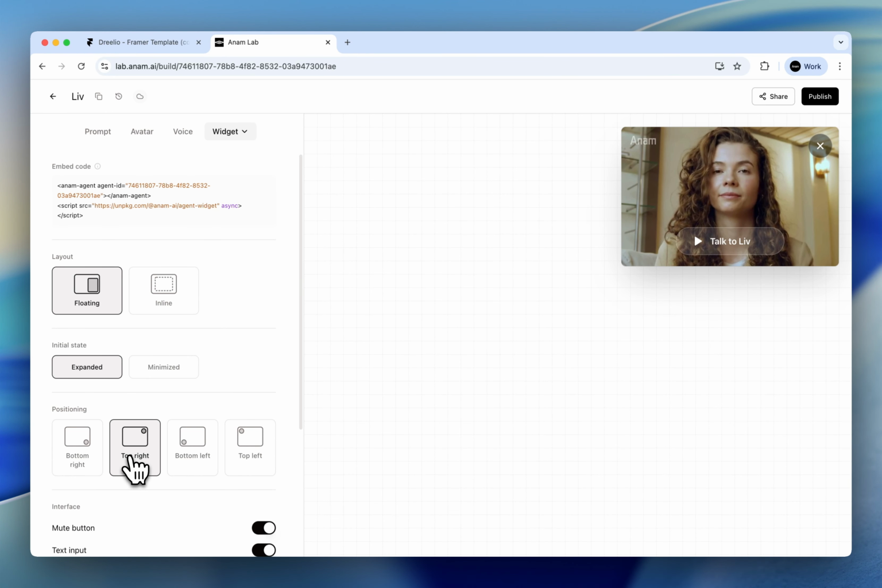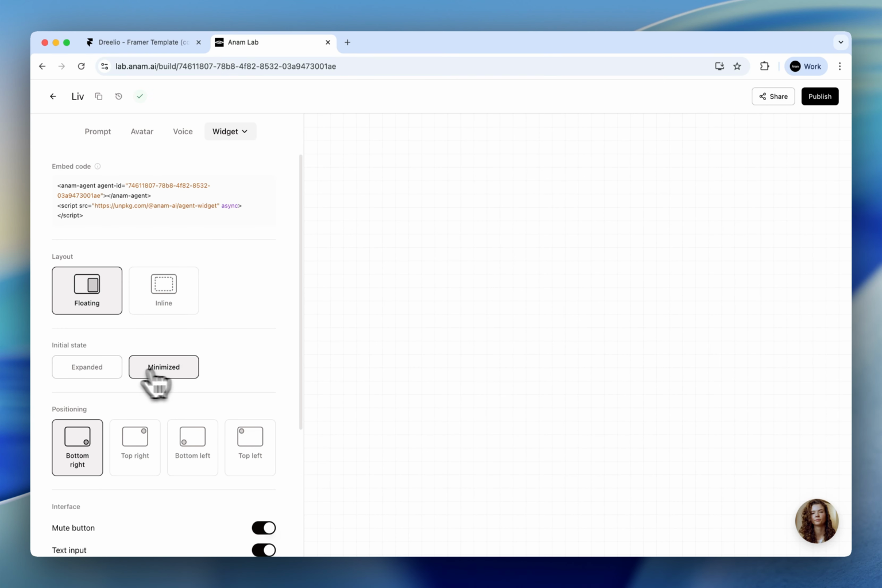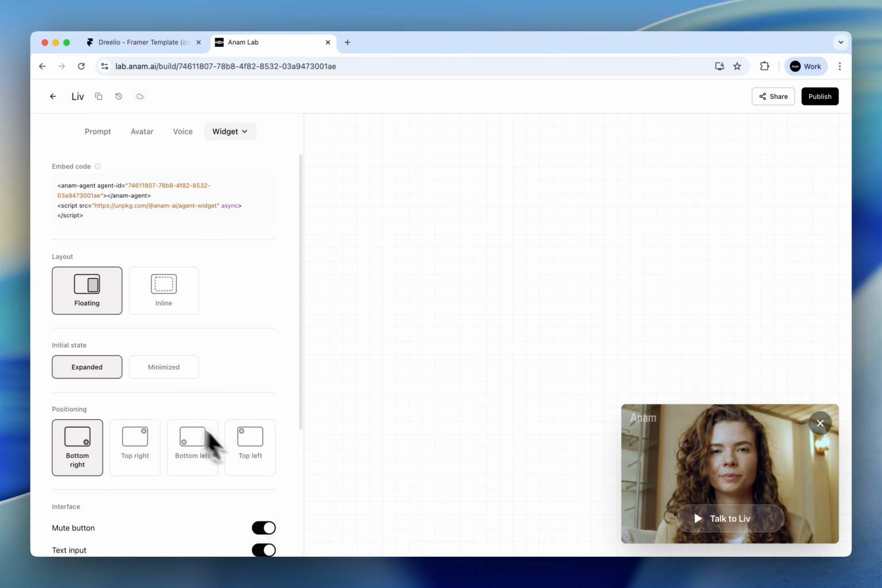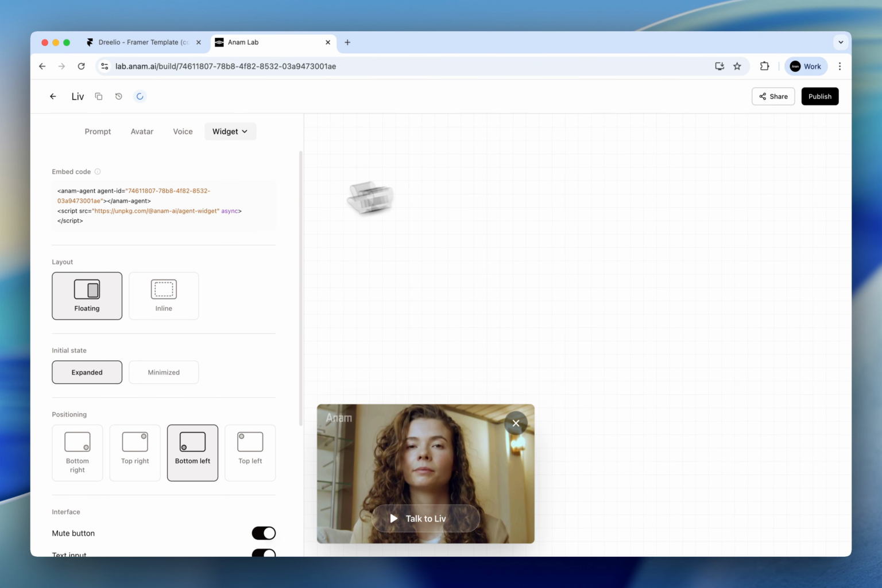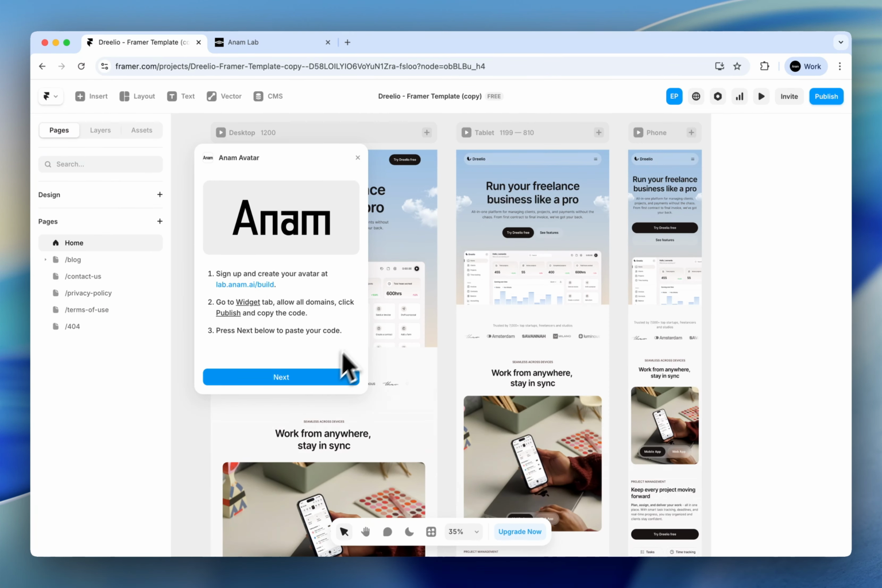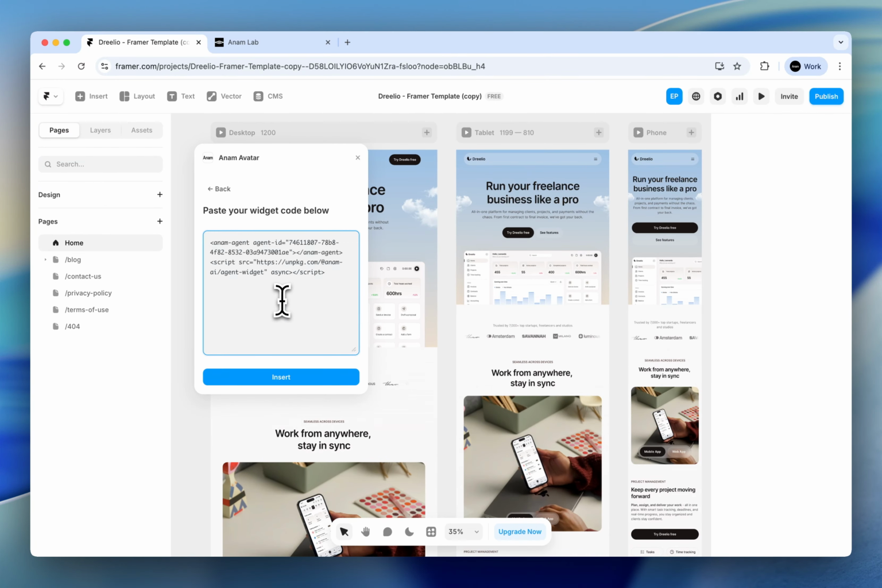You can customize it wherever you want. You can have it minimized or fully expanded. Let's stick to bottom left for now. So I am going to publish the avatar and then copy the embed code. We're going to go back into Framer, press next, paste the code in here,